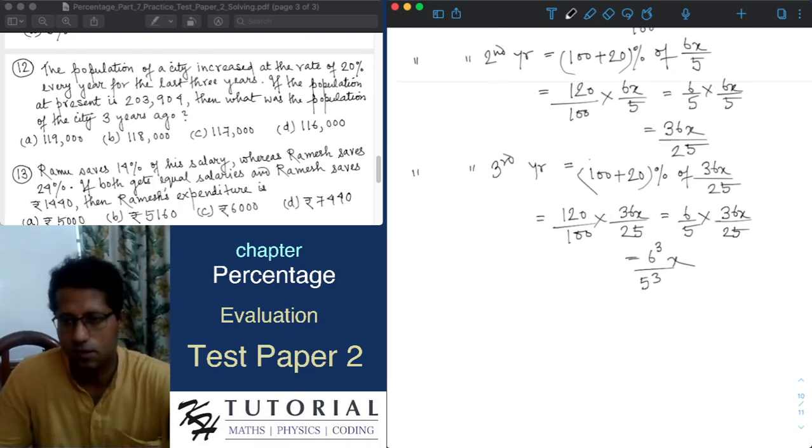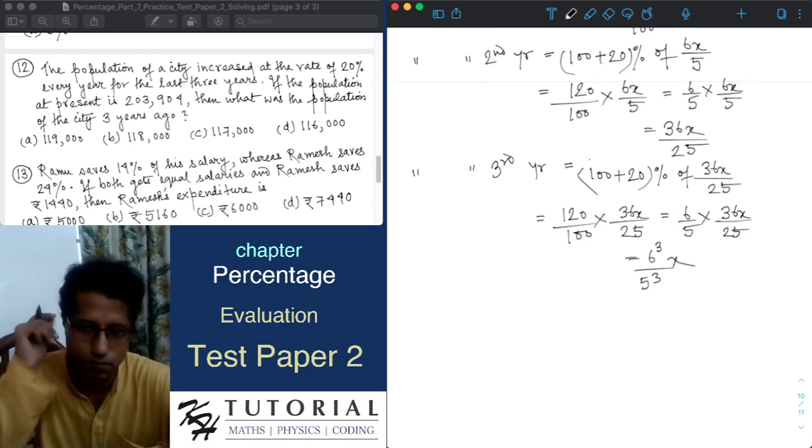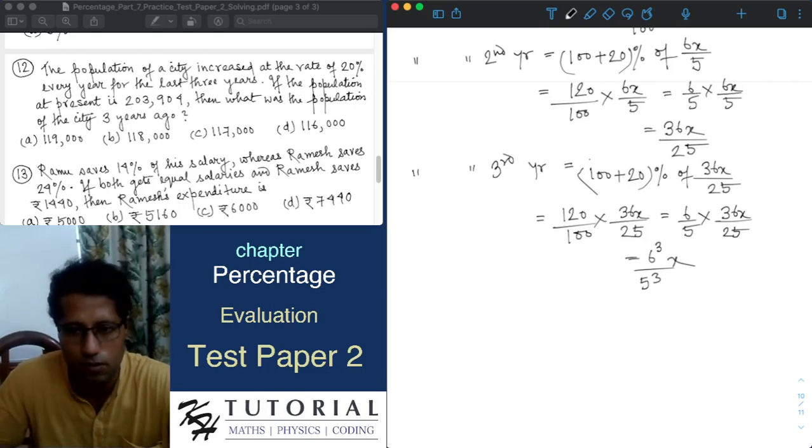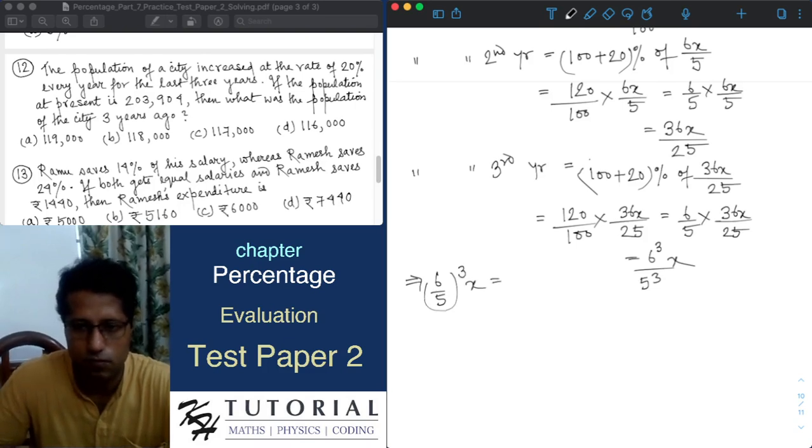Now this is the value of the population at the end of the third year, which is given to be 203,904. So we can say that 6 by 5 cube into x equals